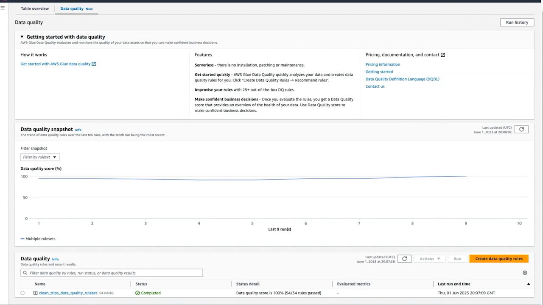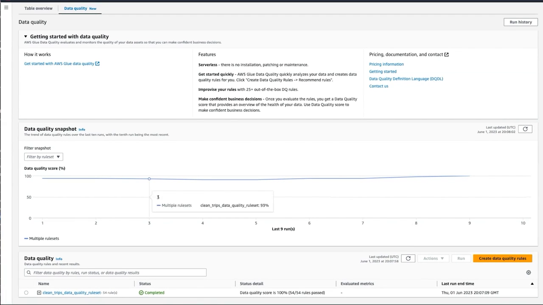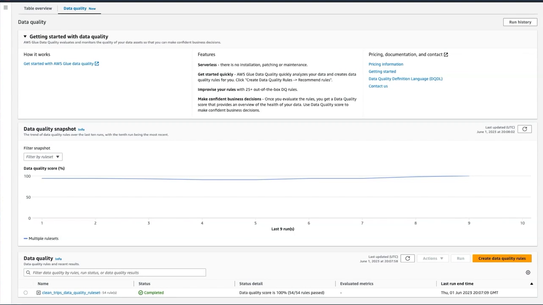These results are written to Amazon S3 and to EventBridge. You can use this to build customized dashboards to look at these trends the way you want to see it. You can invoke all these actions such as recommendations and data quality evaluation via API so that you can run data quality scans across multiple datasets in an automated fashion. Refer to our API guide for examples on how to do this.